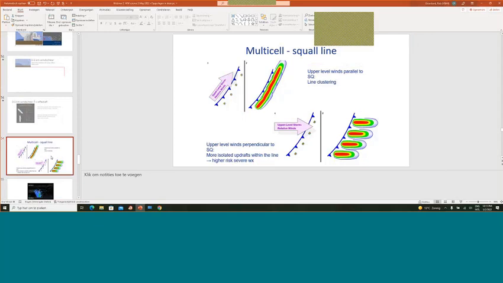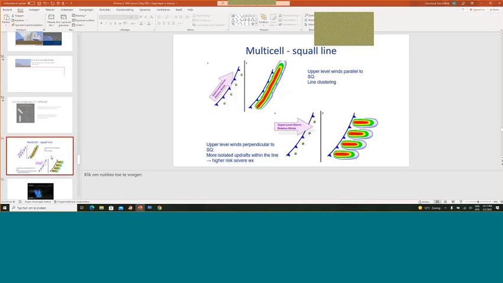I admit that when you look at the difference between multicell cluster and squall line mode, it is a very subtle process. Sometimes a multi-cell cluster, where cells are moving parallel to a baroclinic boundary, can sometimes convert into really a squall line segment,